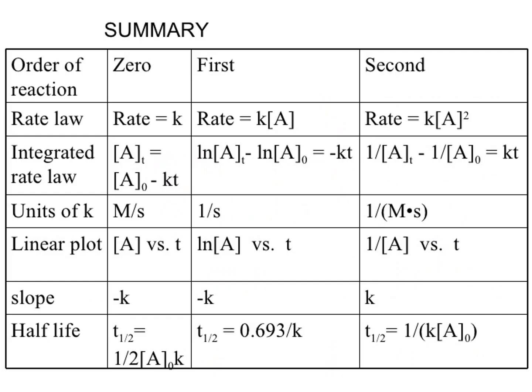So this table summarizes all the different information about each order of reaction. For the rate law, you don't have to worry too much, because that's basically the definition. If it's zero order, the rate is constant, it is independent. If it's first order, it's proportional to, it's linearly related to the concentration. If it's second order, there is an exponent of 2. The integrated rate laws are given, right? So these are given in the test,